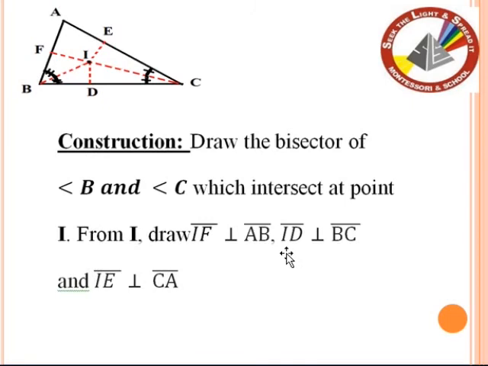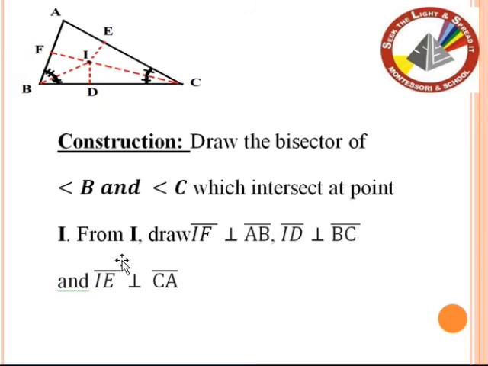So the next step that we are going to write is the construction of this theorem. In this theorem, construction is something that we have done with this figure by ourselves. So we have drawn two bisectors and three perpendiculars. So we will write that draw bisectors of angle B and angle C initially, because first we will draw bisectors of angle B and C, and we will prove for angle A, then we will prove for angle B and C by using some statements